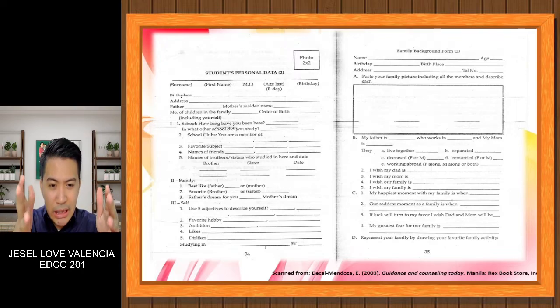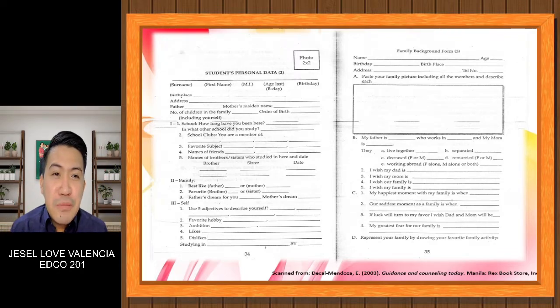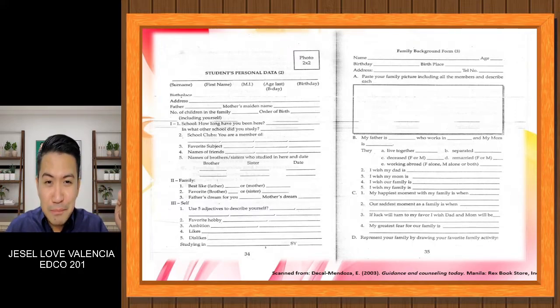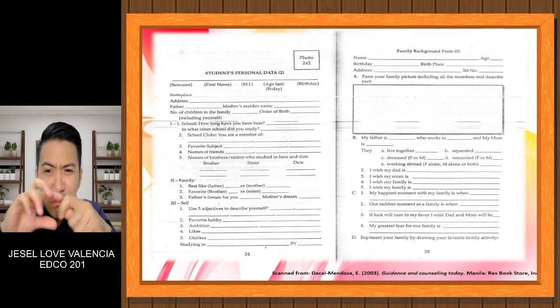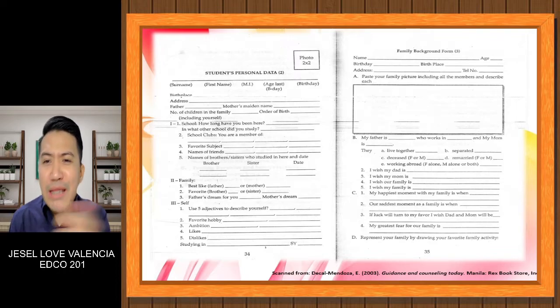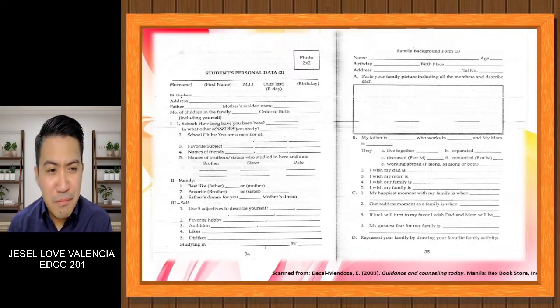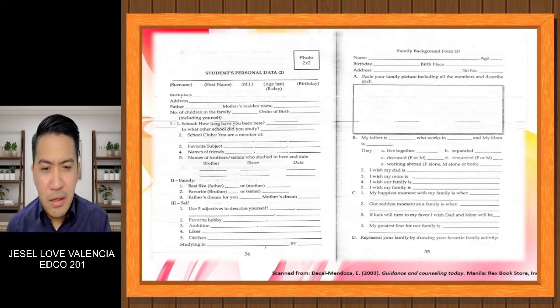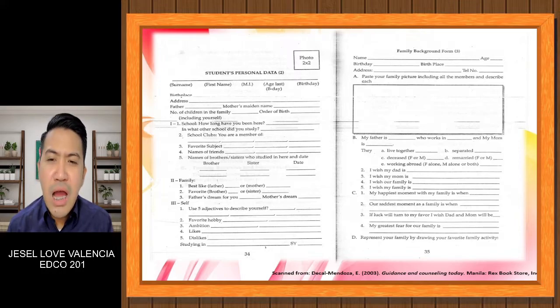With that, we get to know the symbol of the family and its description. Some students draw their father as a belt. If you ask the student, why a belt? You know, sir, my father would always hit me. I don't know my fault. I don't know the reason. He just hit me every time I went home, and sometimes he gets home drunk,